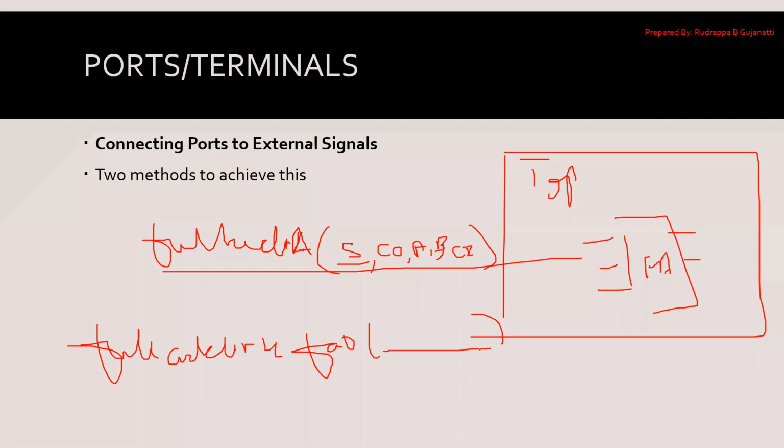So how can I pass these parameters? What are the different ways I can achieve this? The first parameter is related to sum, so I can pass the first parameter as the sum. Next one is cout, so the next value should be related to cout. Next one related to variable A, next one related to variable B, and next one related to variable Cin. So this is the first method.